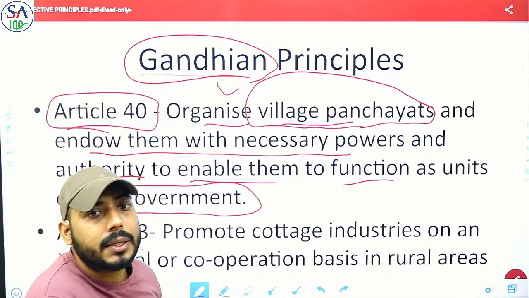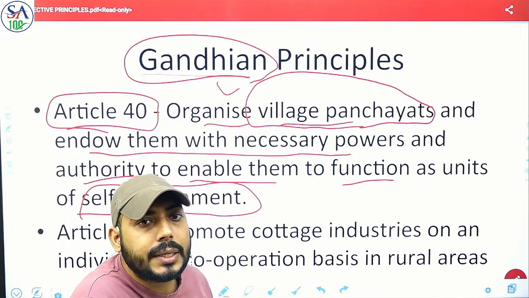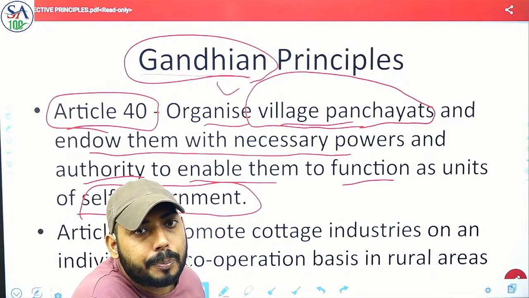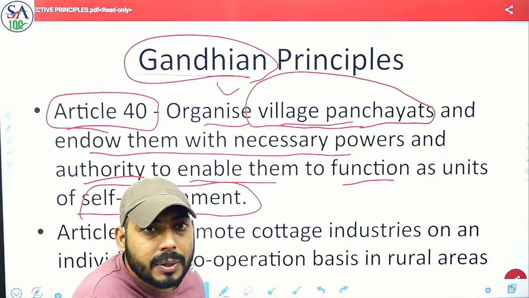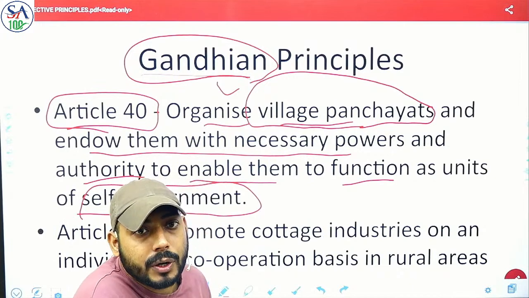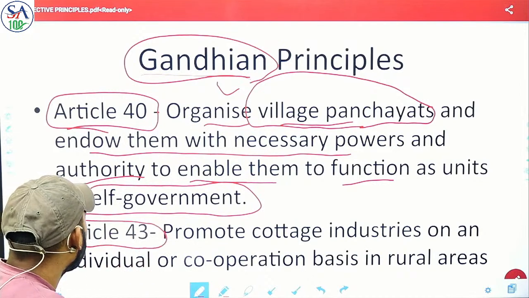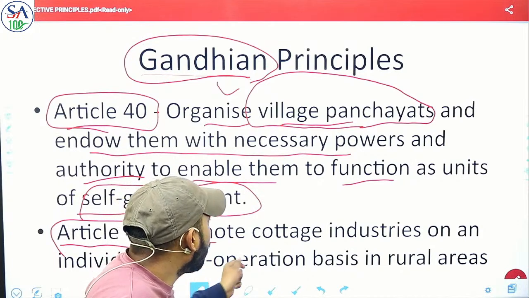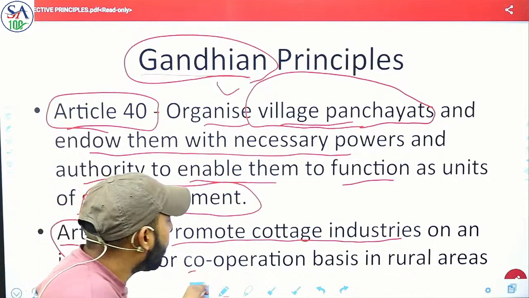So in this regard, the 73rd constitutional amendment was done in the year 1992, which gave constitutional status to panchayats, and that we will discuss in the next session when we talk about local self-government. Now we are moving toward the next article. Next is 43. Now what does Article 43 say? It says to promote cottage industries on an individual or cooperative basis